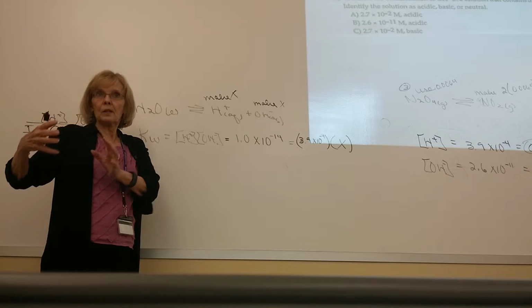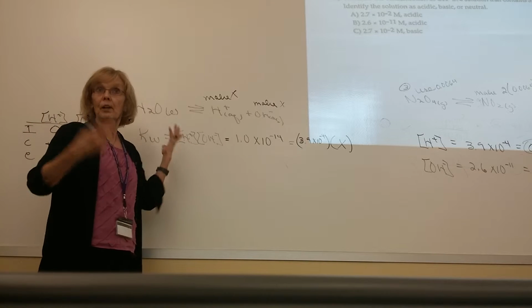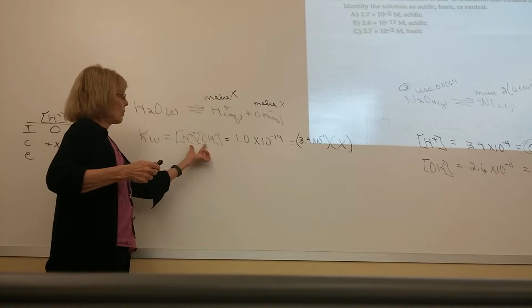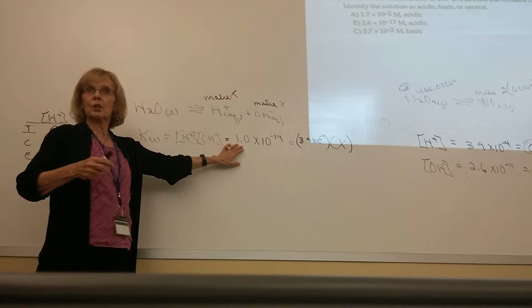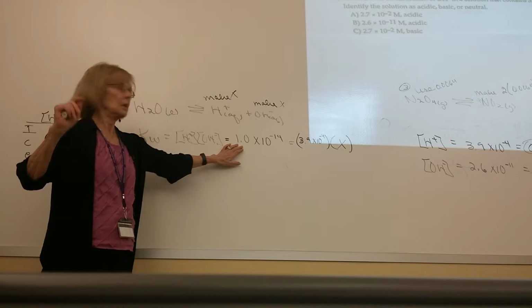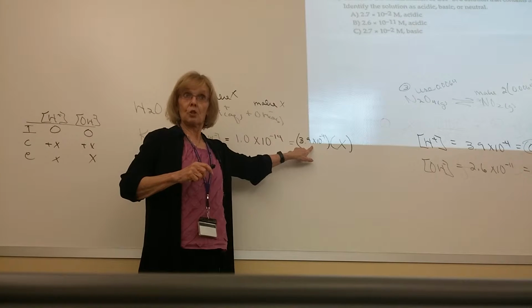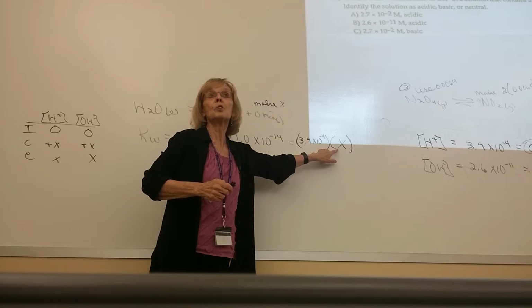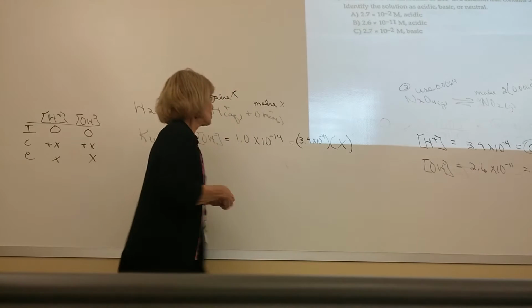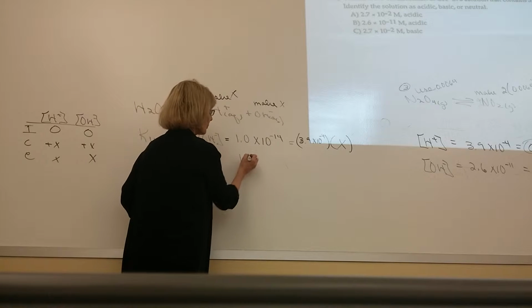You can have the strongest base in the world, and you'll still have a trace of hydrogen ion. The product of these two is going to be equal to this, no matter what you got. They tell us we have this much hydrogen ion. Okay, so we'll solve for it. Well then, how much of this will we have? So when you move that around,